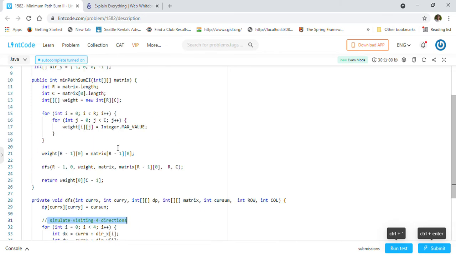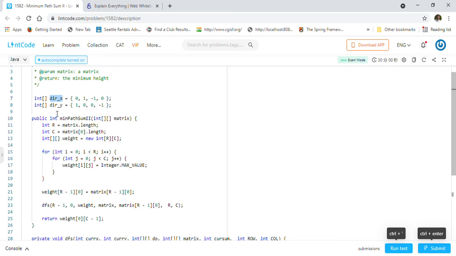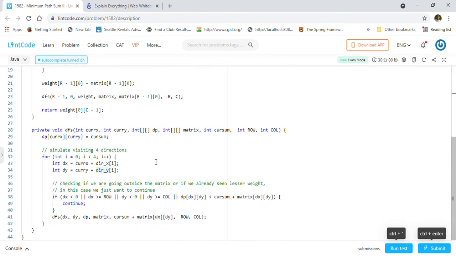We read from the direction x and direction y arrays, and loop to simulate visiting all four directions, updating the x and y coordinate values of the cell. So dx and dy are the new values after we update with the directions, and we pass the new dx and dy into the next DFS, meaning we are visiting the other cell, the four direction cells.